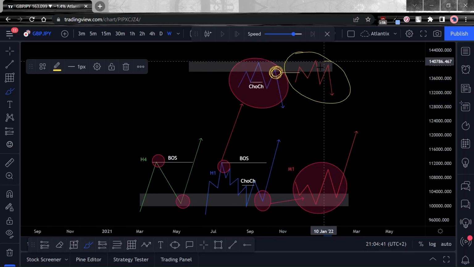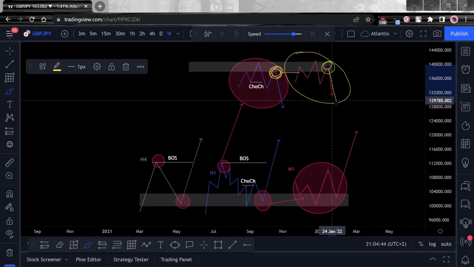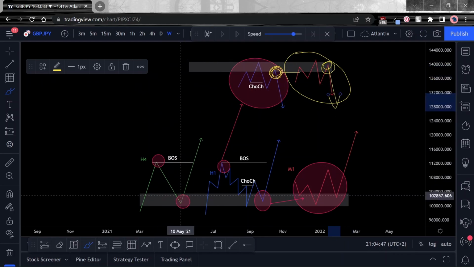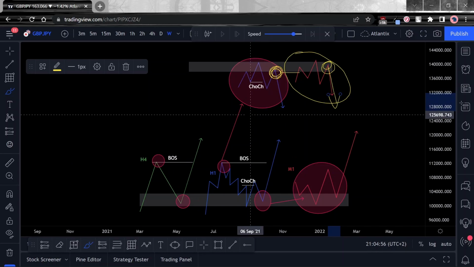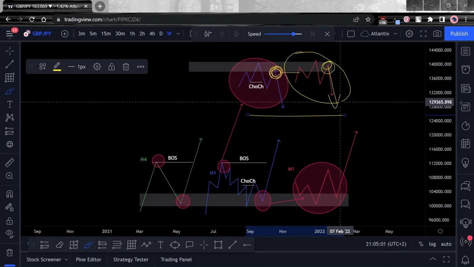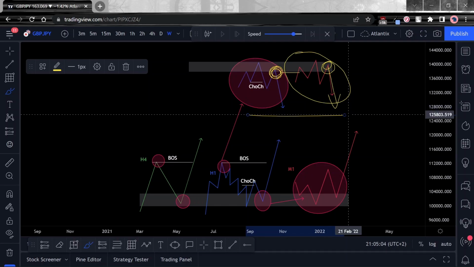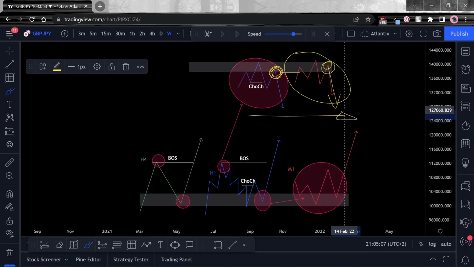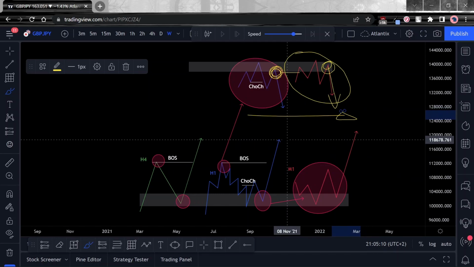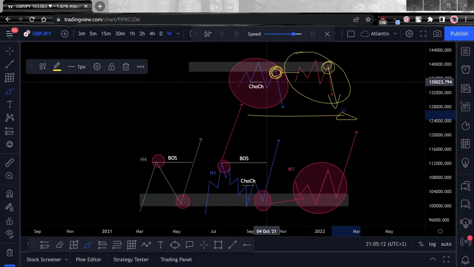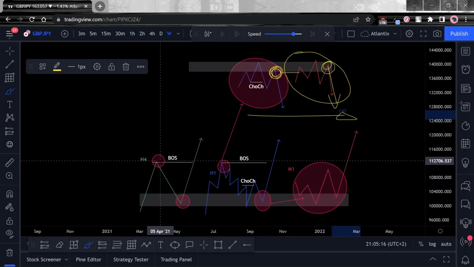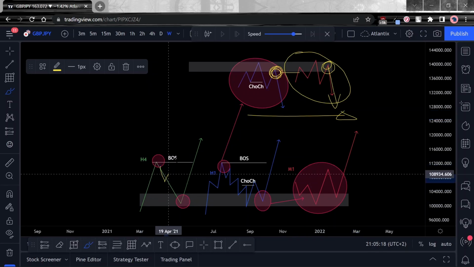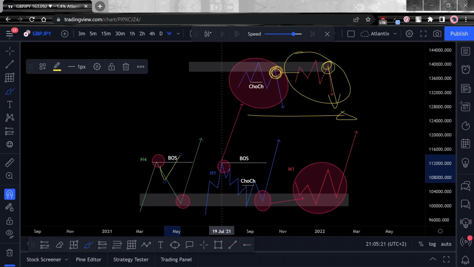When you get it, take the risk over there, move with price lower until you reach the point where you believe price is going to turn, or until you see another change of character which shows that price is going to move up. But when you're trading against the trend, one thing that's important to note is you don't want to be holding this position. Personally, I recommend that you have a fixed risk reward ratio, or maybe a fixed amount of money, a fixed number of pips. Traders do it differently, but I recommend that you don't hold, because you're fighting the higher time frame trend. Trend might as well just move here and then stop you out, continue higher.